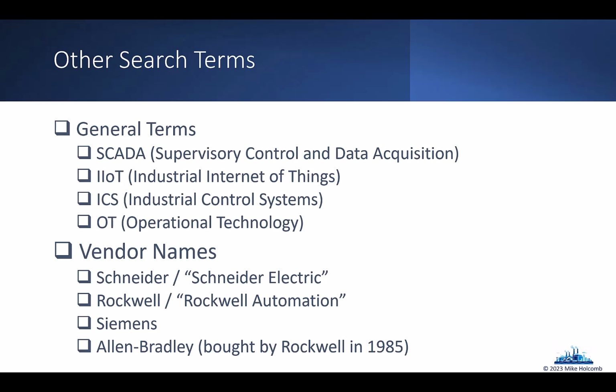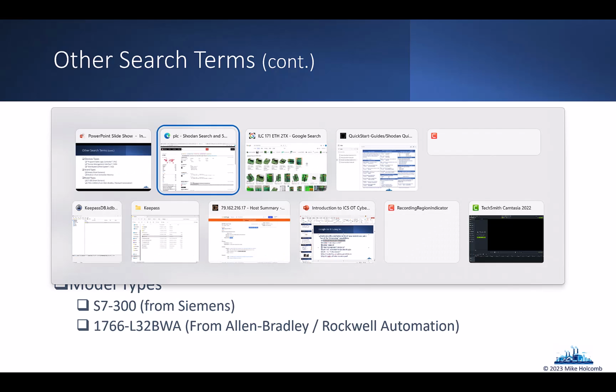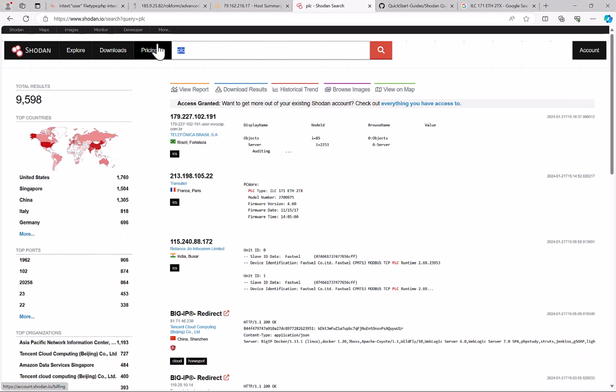so you can do different terms. Again, I've had a lot better luck with names like Rockwell Automation, Schneider Electric, right? Siemens. Now, if you do Siemens, though, there's Siemens everywhere for lots of things. You see it on websites and certificates, so you have to sort through it to get to the actual OT devices. You can do PLCs, or programmable logic controllers, even better, because a lot of times you actually will see